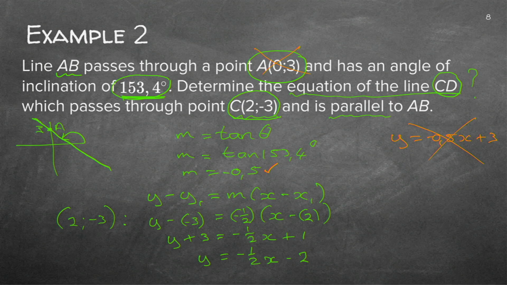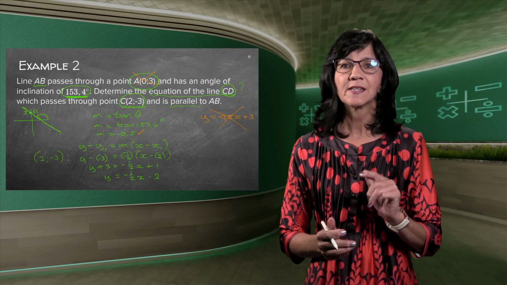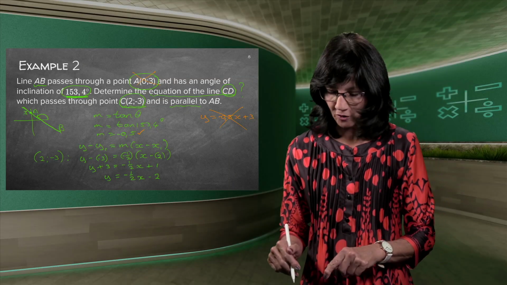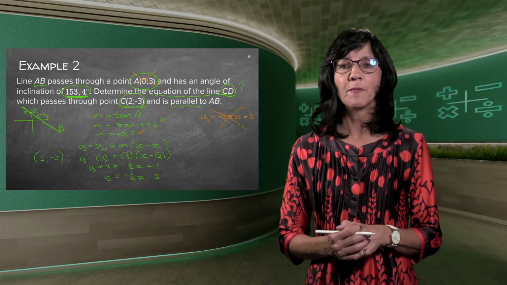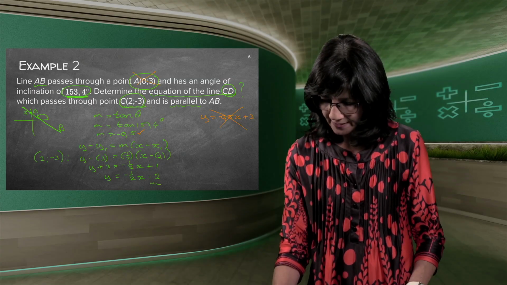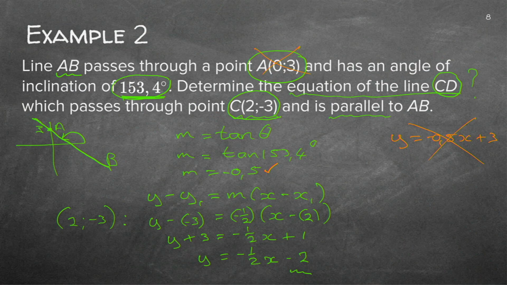Good. And remember now, the little sketch that I've drawn in the beginning was the sketch of AB somewhere. So it's not the sketch that I've got here. This one has also got a minus gradient because it's the same. And now it passes through the y-intercept on minus 2. So if I want to draw it, I can just do something like that. This would be the line CD. It will pass through y-intercept minus 2. But they did not ask you to do that.